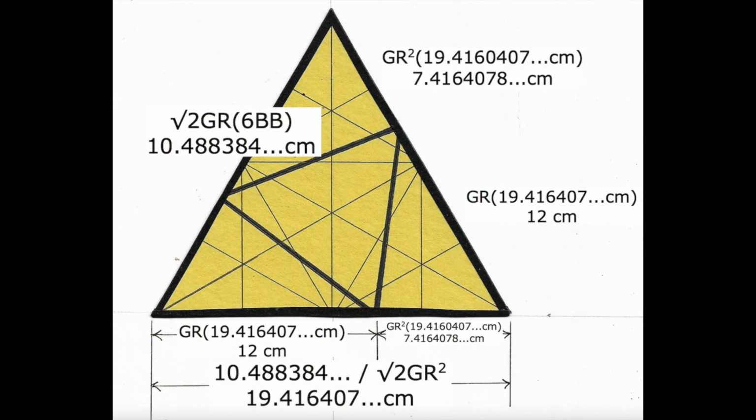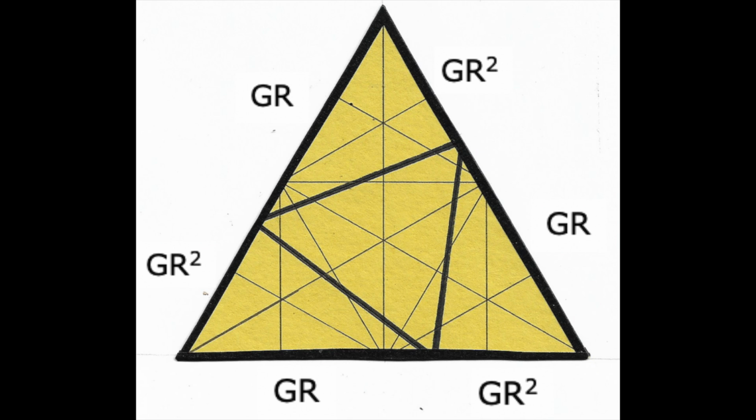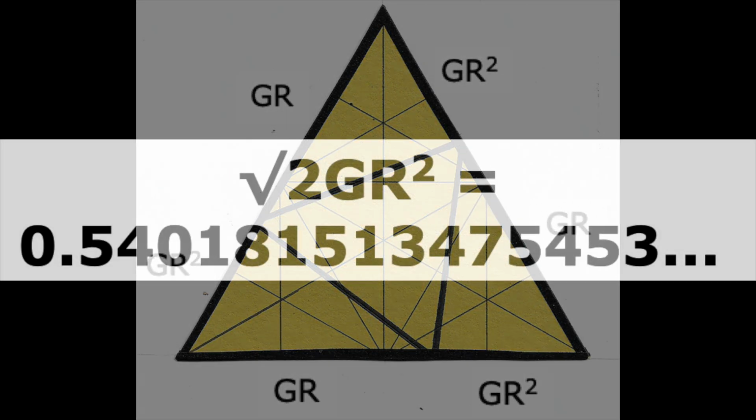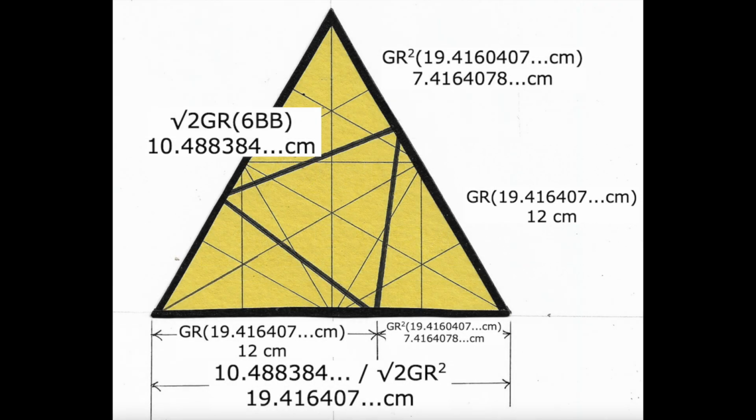We know the edge of the icosa is the square root of 2 GR 6BB equals 10.4... The edge of the octa is divided by the standard GR squared division to fit around the icosa. There is a numerical constant that will tune any octa around an icosa. That number is the square root of 2 GR squared. Because the number is less than 1, we divide the edge to make it bigger. Icosa edge divided by square root of 2 GR squared equals